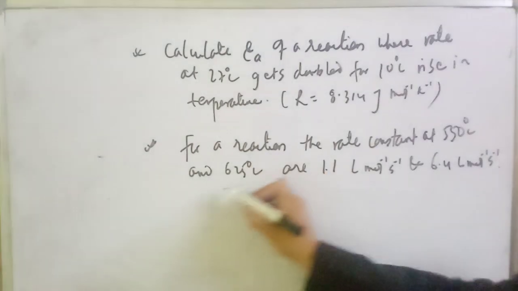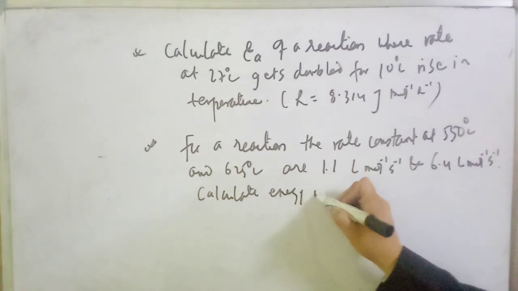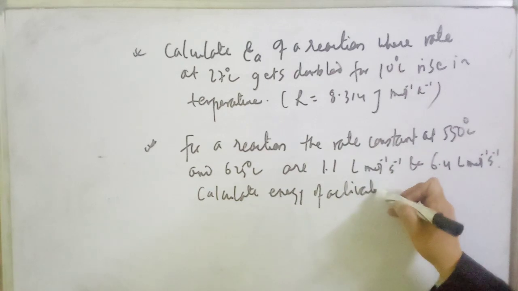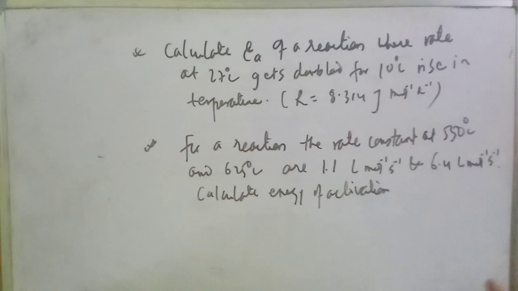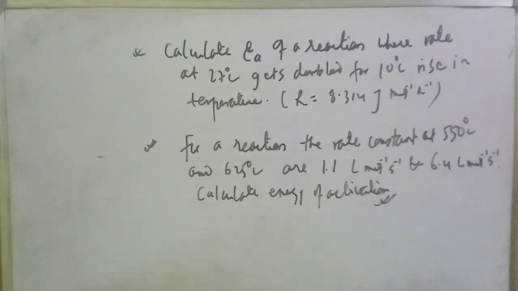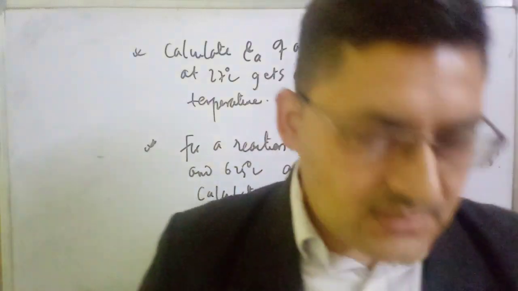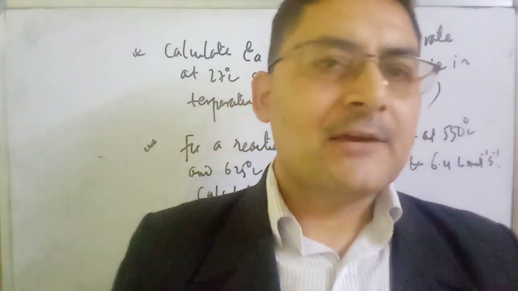Then calculate the energy of activation. So friends, here you are provided two temperatures and two rate constants. Definitely you can get the energy of activation, but the R value you must use yourself. So friends, today I have discussed some numerical problems as well, how to calculate energy of activation by using the Arrhenius